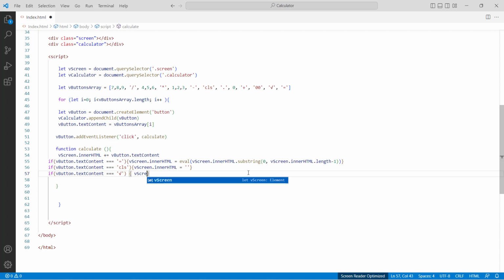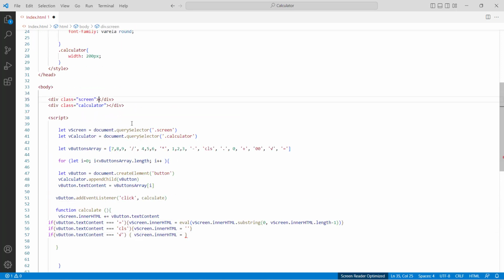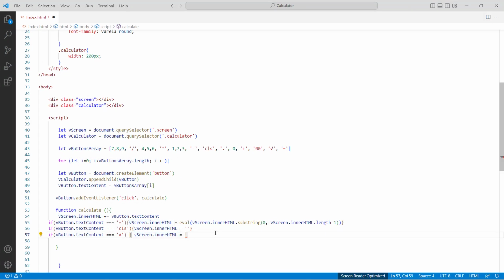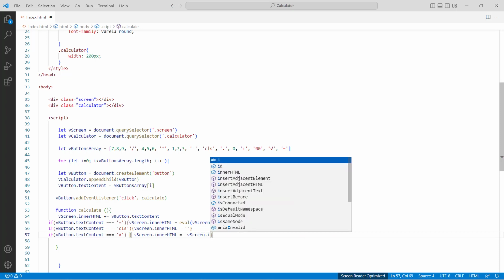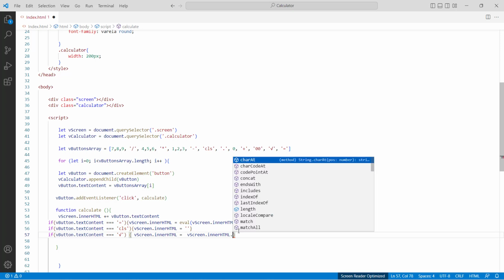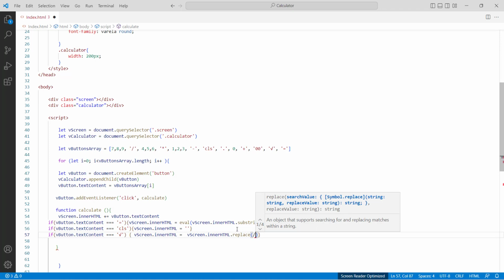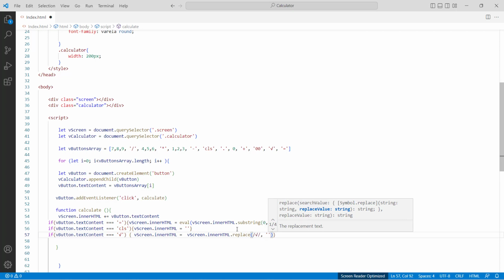So we will say vScreen.innerHTML is equal to, we are reassigning the value of vScreen.innerHTML. Okay, we're changing this, which was 4, with this symbol. So we want to change this. We have captured this in this place here, and I want to reassign the value to vScreen.innerHTML dot replace method, and within parentheses, slash and Alt 251, slash again, comma, and then single quotation and single quotation,